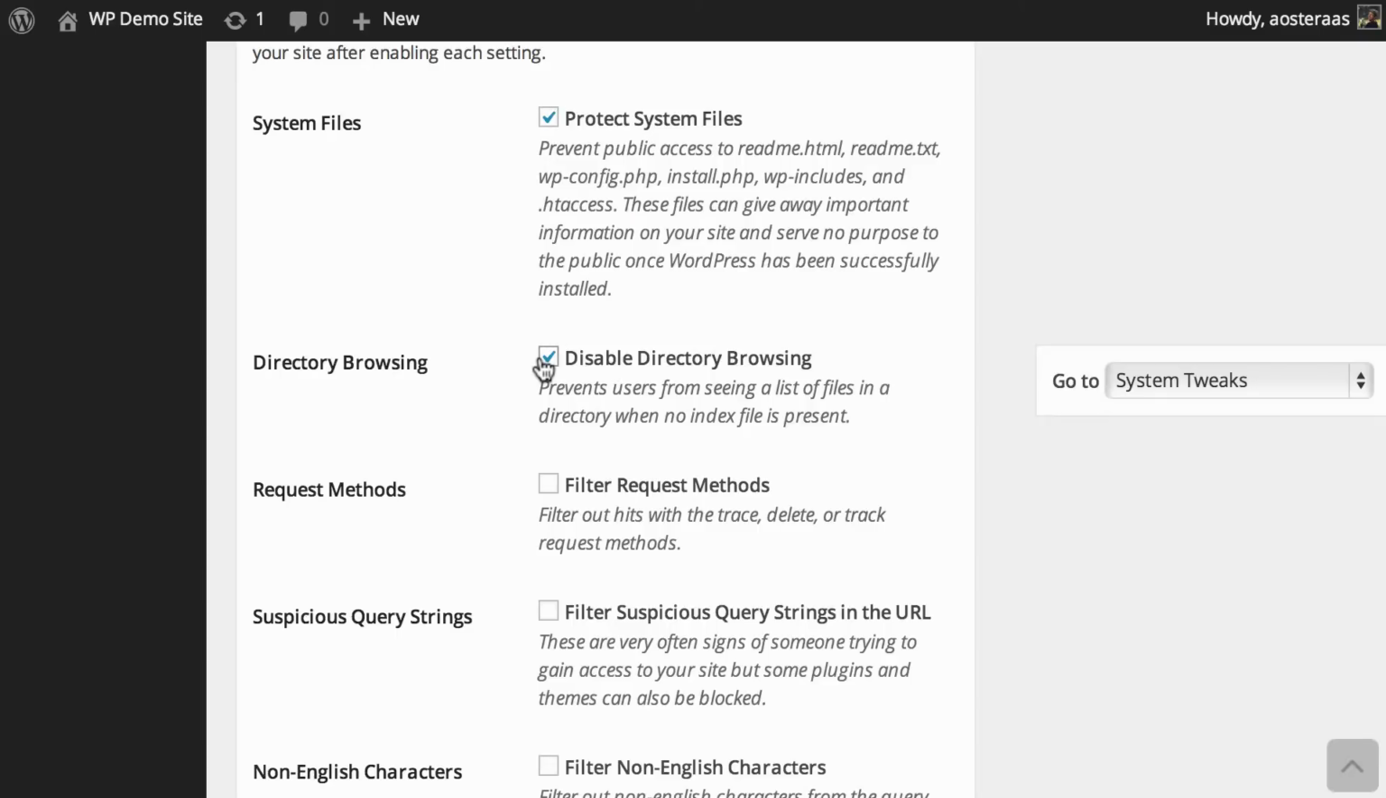Then you can choose to filter out request methods. So any hits that are coming through with the TRACK, DELETE or TRACE request methods will be blocked. It can be useful to turn this on, but it may cause some problems. So it's something you'd want to turn on and then definitely check just to make sure that nothing has been